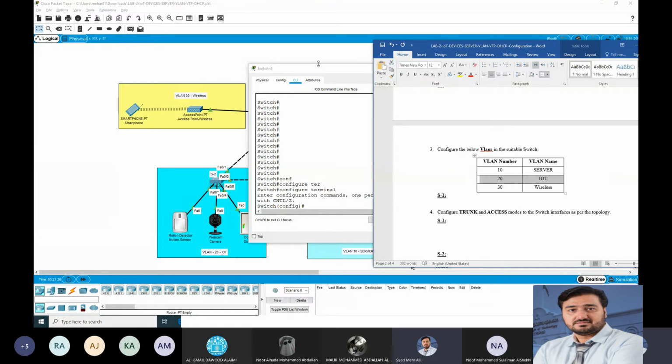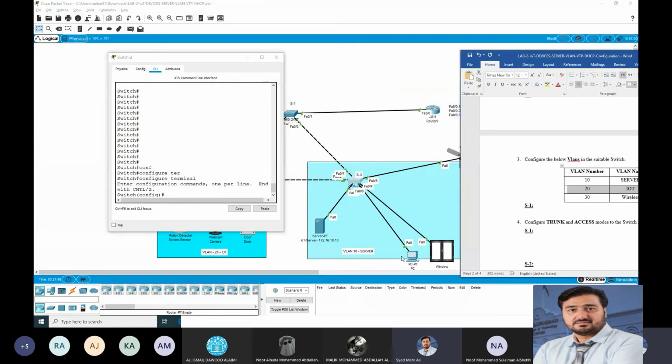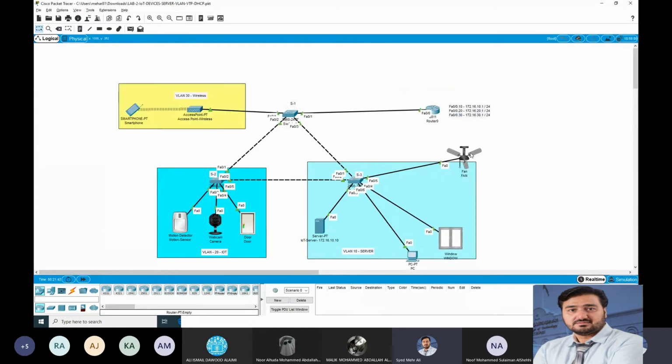So all these VLANs. See here, 4, 5, 6 should be the part of VLAN 10, and 6 should be the part of VLAN, sorry, IoT. Let me check